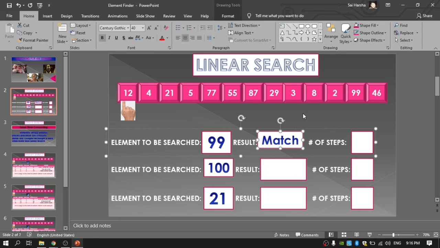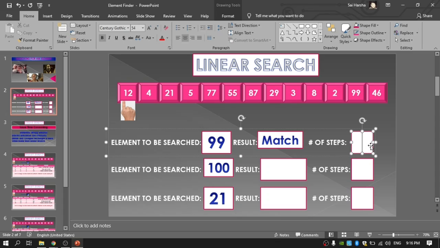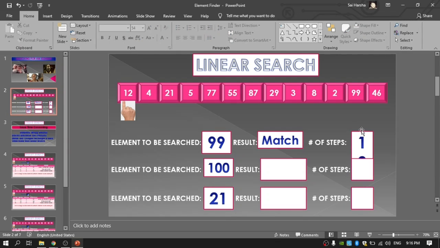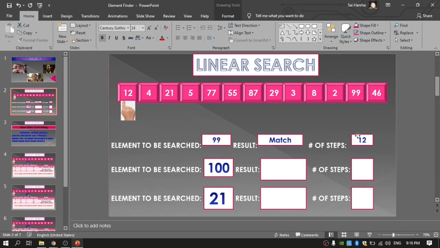And the number of steps required is 12. So 12 steps are required for finding the element.